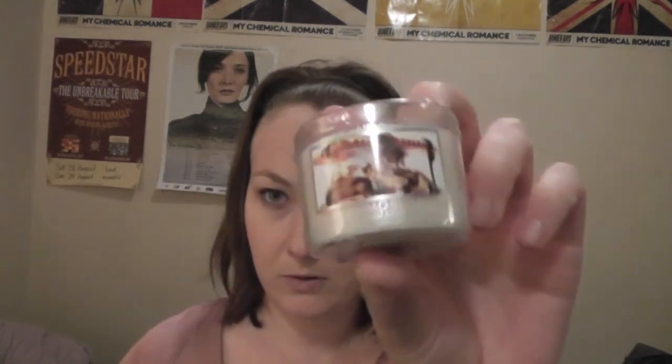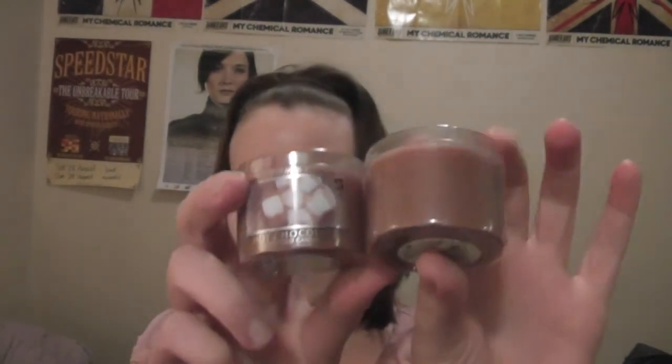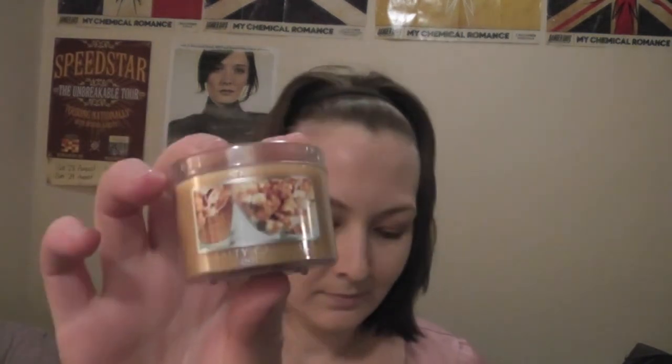I got a small s'mores, cinnamon sugared donuts. I got 2 of these because it smells so good, 2 hot chocolate ones. So good. It makes me hungry. Salty caramel, apple crumble, and I got 2 of the